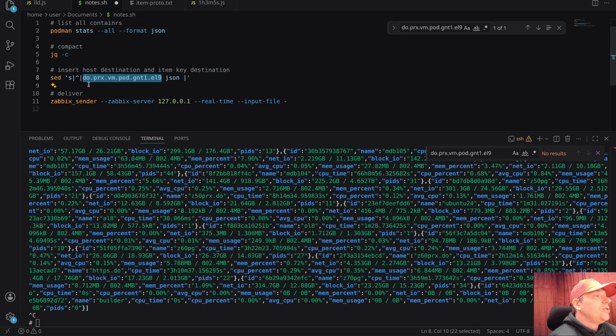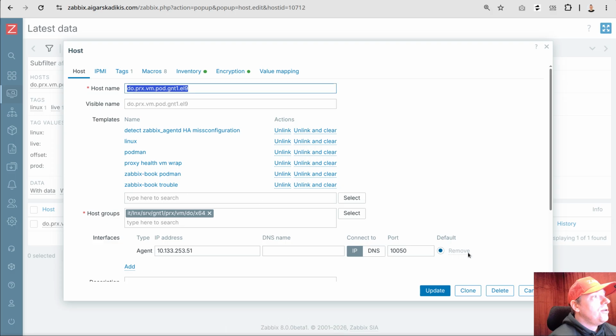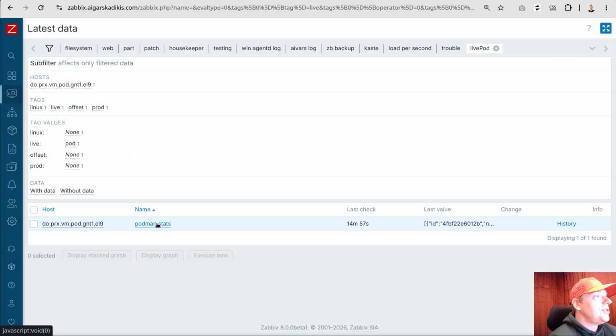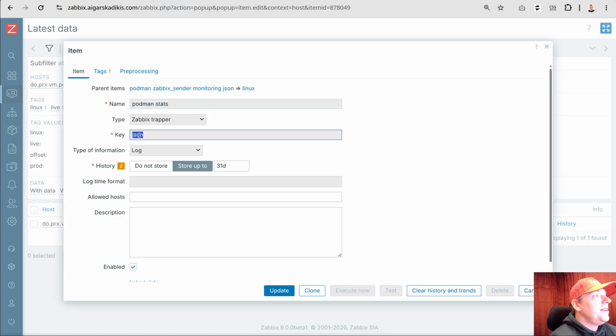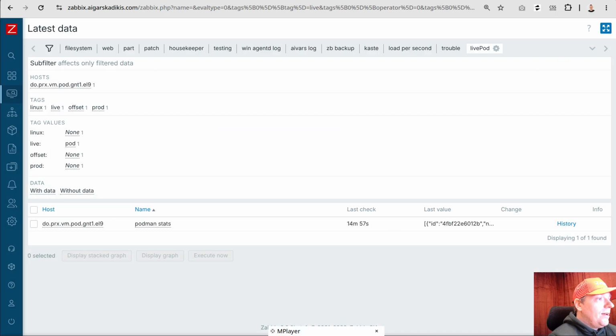So at the beginning of the line, it will insert the destination where to send, and then in which item key I actually want to store this JSON. That's the item key. If I open back the live instance and check what the item key of this item is, the item key is named JSON. Okay,